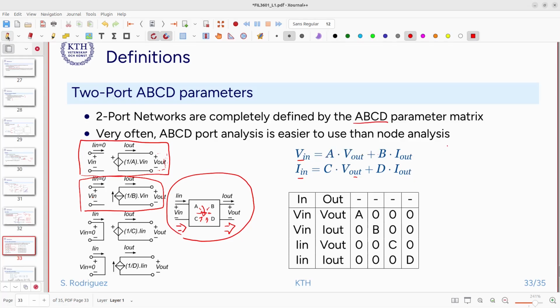When we short circuit the output, this becomes 0, and then we have that V in is equal to B times I out, or I out divided by V in is going to be equal to 1 over B. So this is what we have here. That will be our transconductance amplifier. So this is the voltage amplifier, this is G,